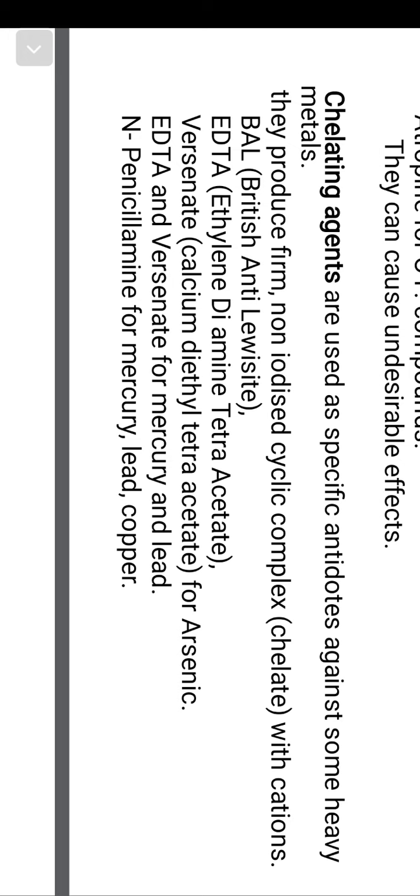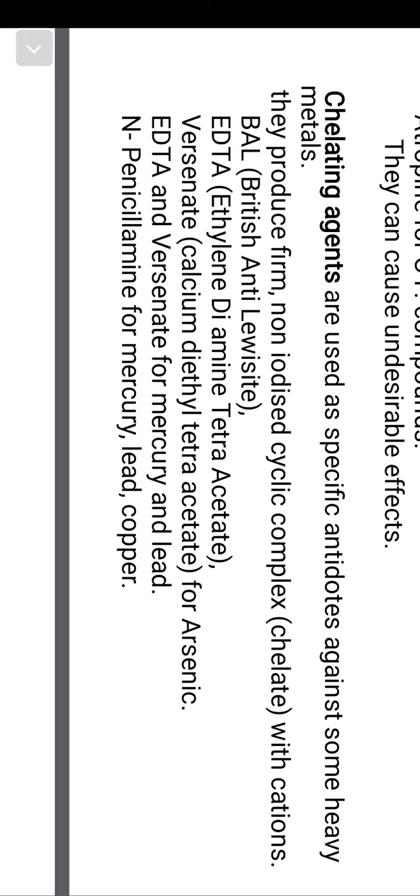So chelating agents are used particularly against the heavy metals, and the chelating agents will produce non-ionized cyclic complexes, or chelates. Examples are BAL, British anti-lewisite, also called dimercaprol, and EDTA,